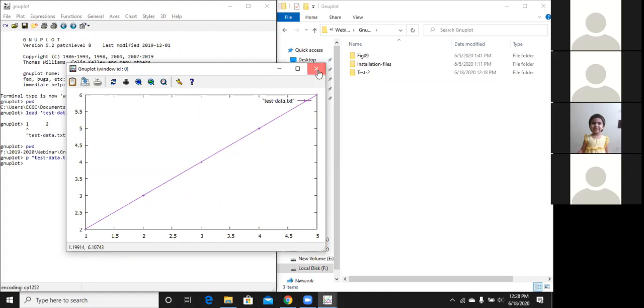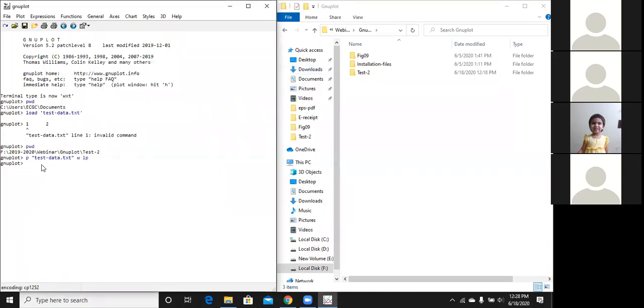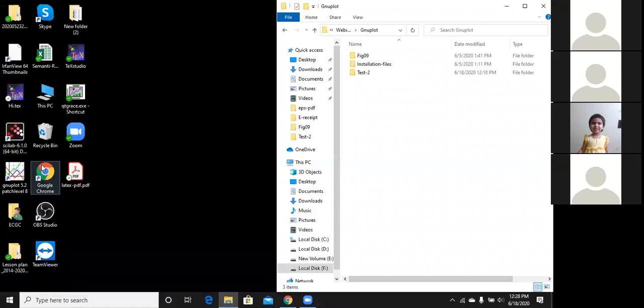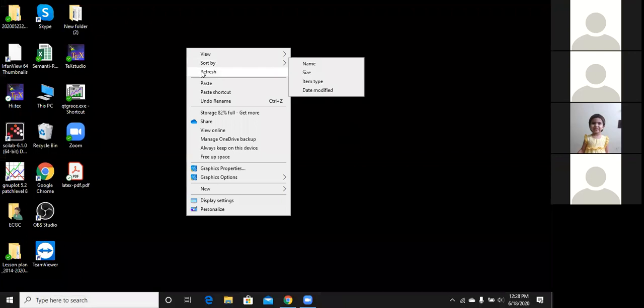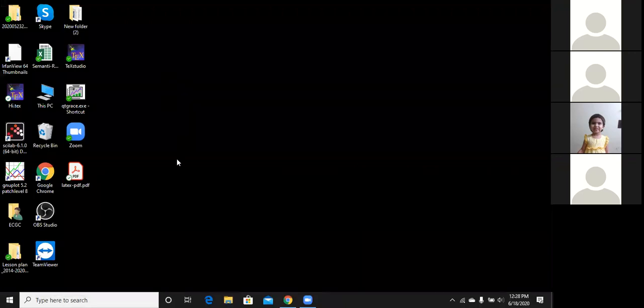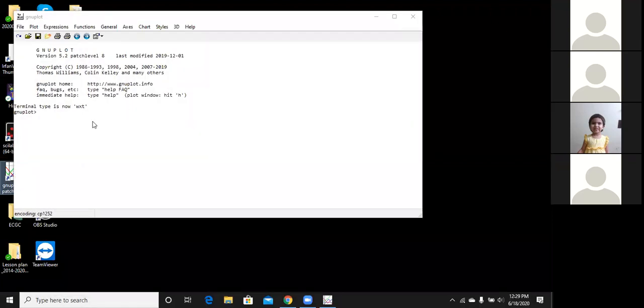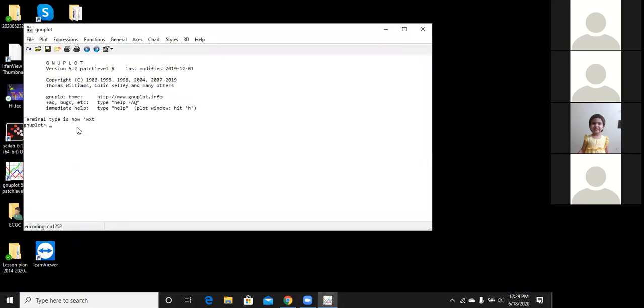Let's close this file and close this. So let me open the GNU plot. Now let's check where the path is, where it is now.